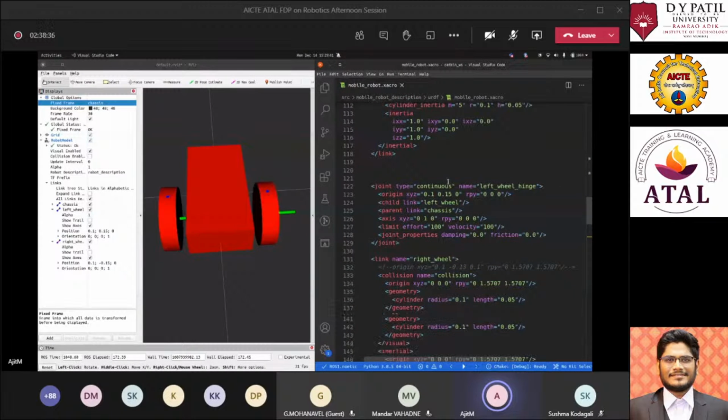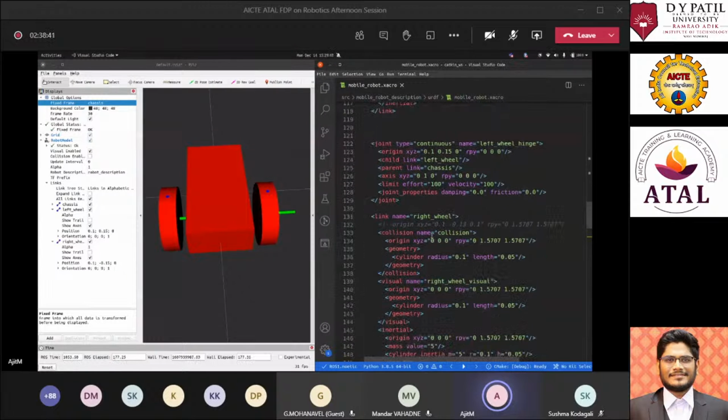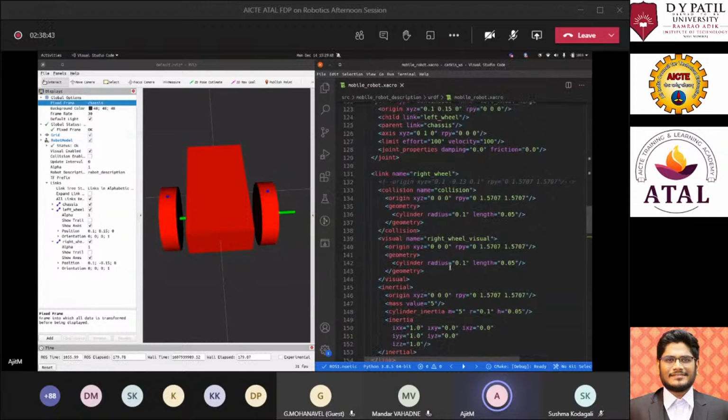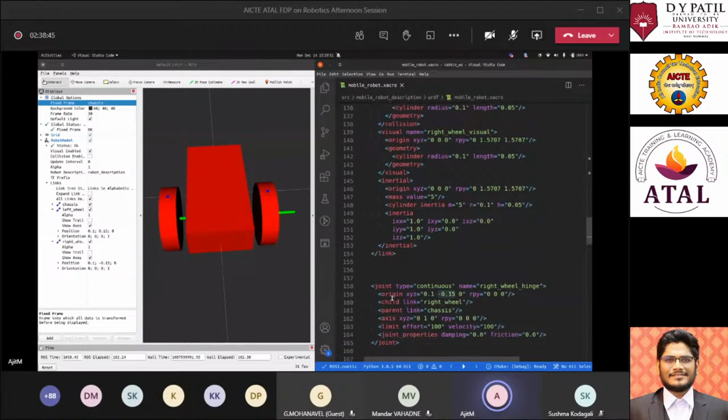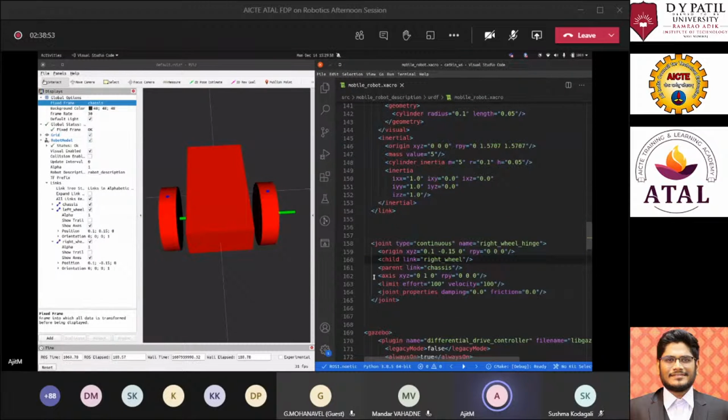So both the wheels are similar. Both will have the same kind of description, same kind of collision, visual and inertial. The only things that change are their origin and their link name. Here you can see again the joint for the right wheel is the same. The origin is this, which we just discussed, and there is a child and parent link. The child link is the right wheel, the parent link is the chassis, with this axis of rotation